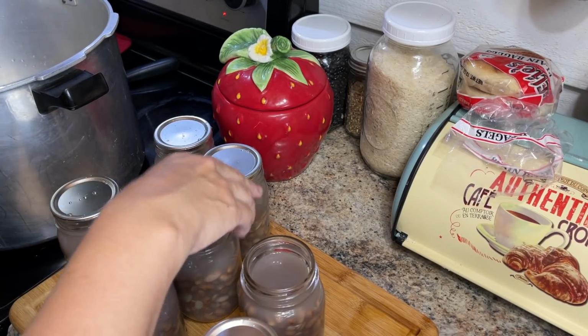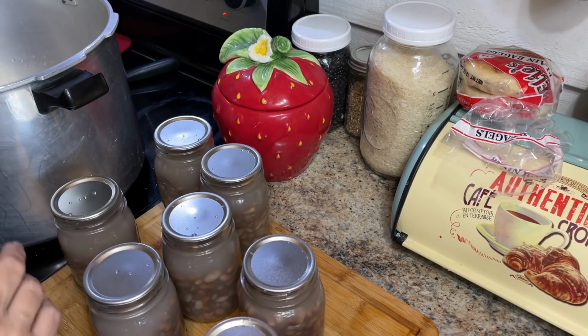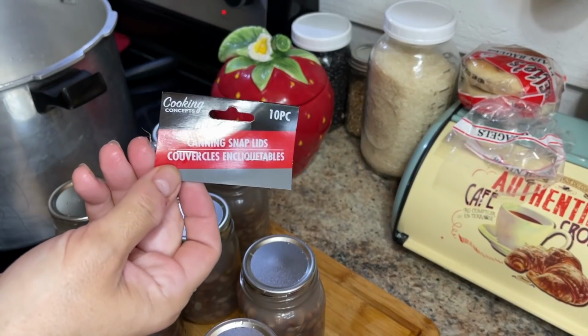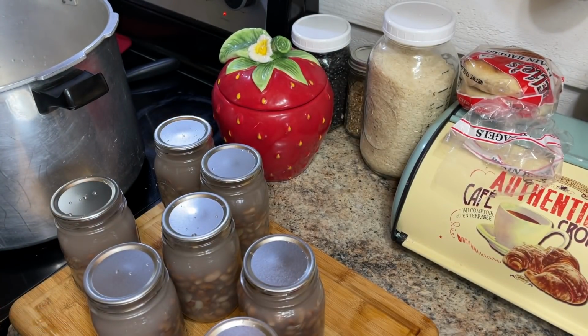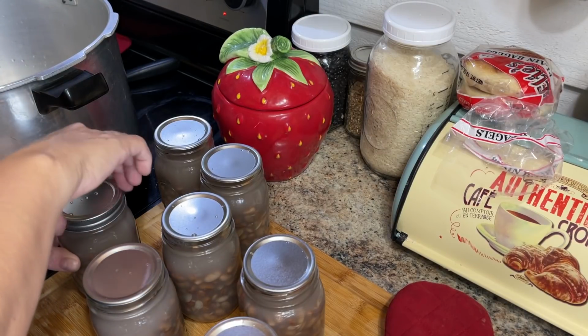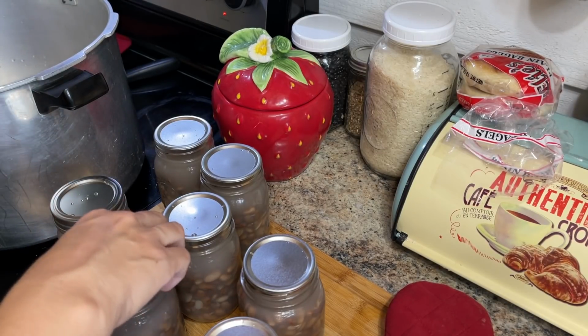And even if these work, I don't know that I would be using them all the time, but the main purpose of doing this experiment is if you can go to your local Dollar Tree and get some lids for, well, $1.25 now, I guess. If you're having trouble getting the brands you would normally buy, or if you just are on a super tight budget and that's what you can afford, I want to know if they work, because I don't want people canning food and then wasting it because the jars don't seal, or having a lesser product. Because, yes, you can recan things that didn't process correctly the first time, but